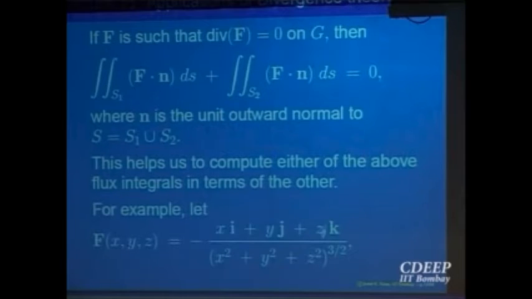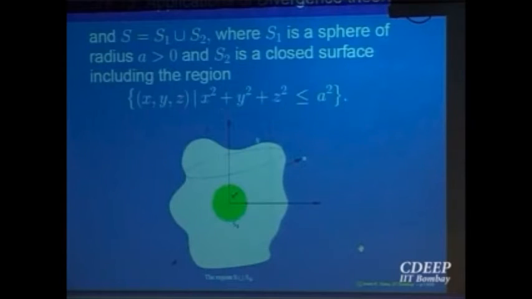So same example, only the third factor is added. This is a vector field which is defined at all points in R3 minus the origin, right? So at all such points you want to apply your divergence theorem. So let us imagine some surface, a bigger surface and a smaller sphere inside it. It's comparable to a bigger closed curve and a small circle excluding the origin. Something similar is going on here. If you look at the region in between these two surfaces, then on that F is defined. So the divergence theorem will be applicable.